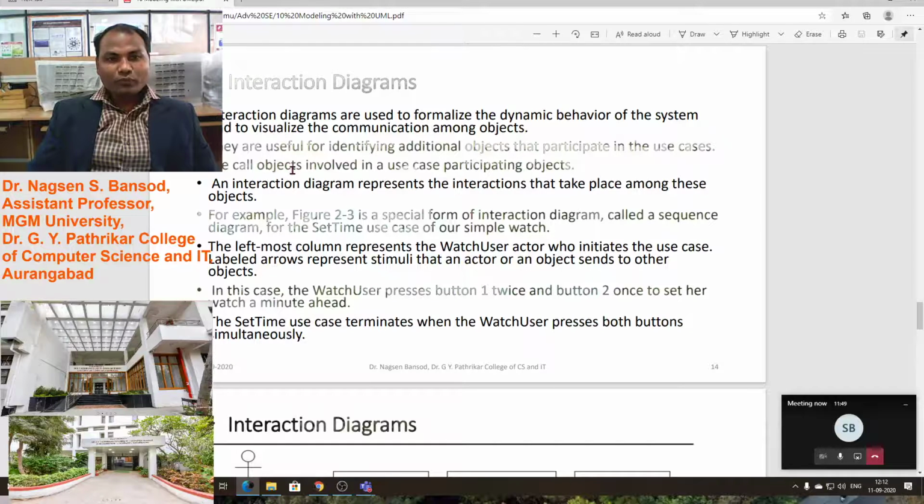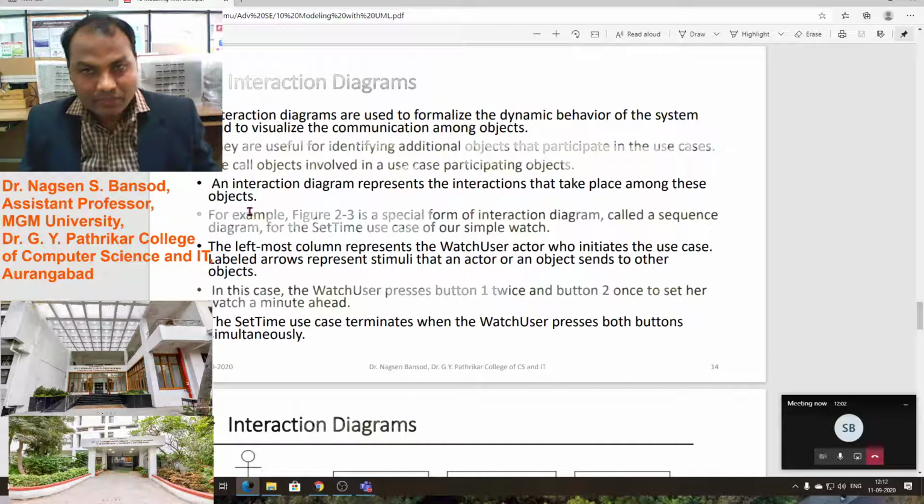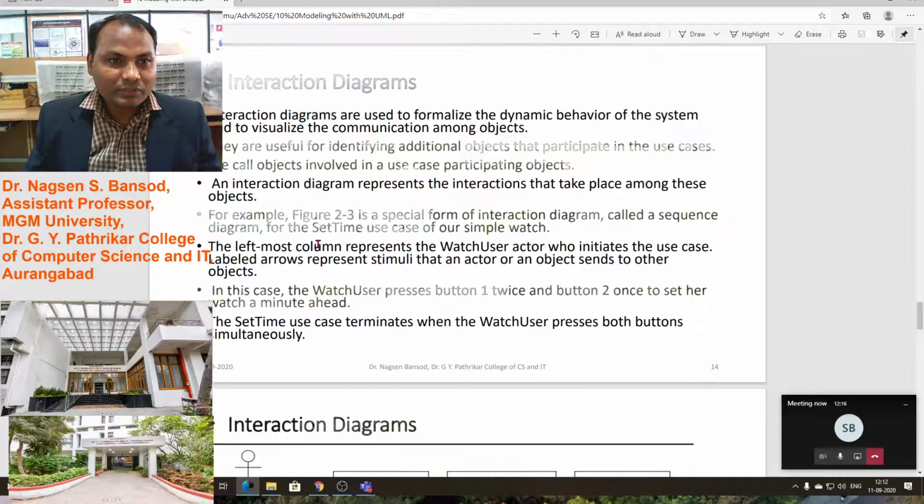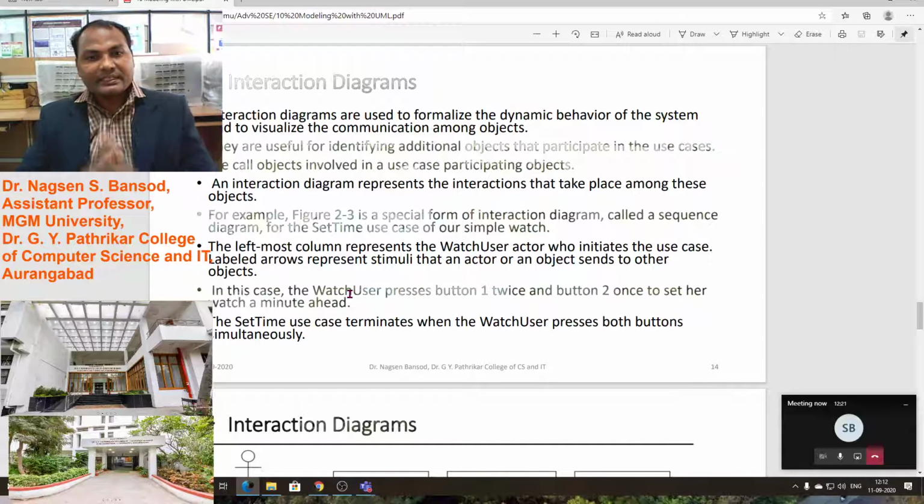They are useful for identifying additional objects that participate in the use cases. We call the objects involved in use cases participating objects. Those objects interact with the system. For designing that, we use an interaction diagram. An interaction diagram represents the interactions that take place among these objects.